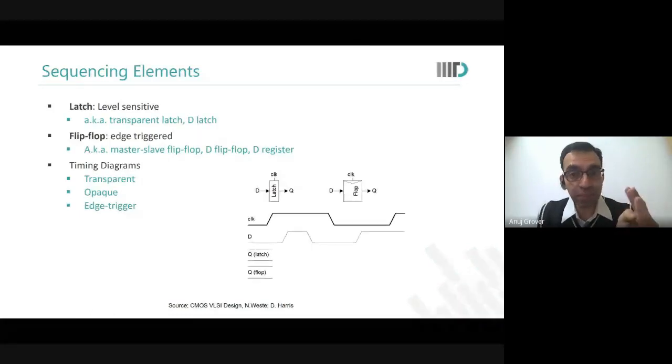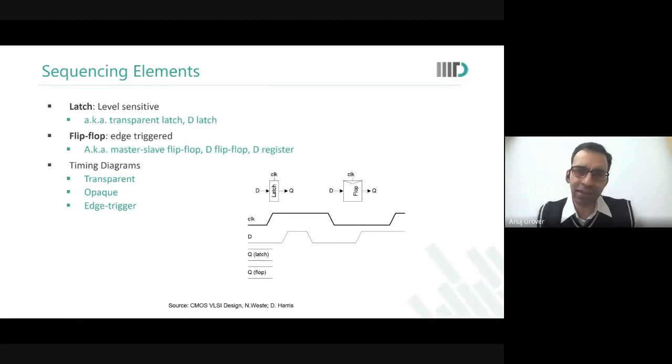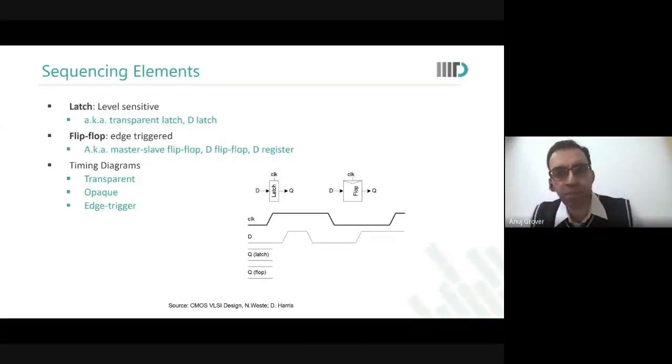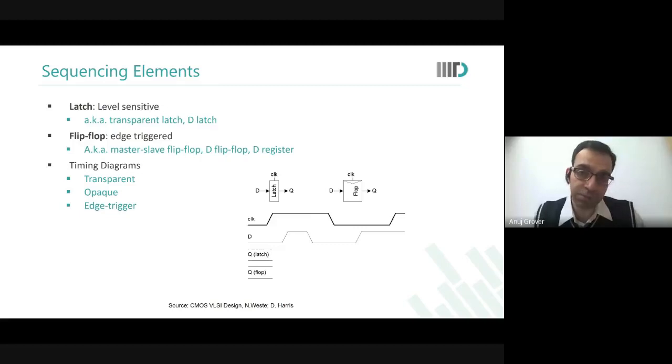Is this clear? This is very important because this is not really clarified in any books, and I've seen students from multiple places getting confused on this aspect. It is not really to the output that we say level triggered or edge triggered. It is actually sampling. When are you sampling the data? In a level triggered latch, you are sampling throughout the entire duration when the clock is at that level. In an edge triggered flop, you're just sampling at the edge when the clock rises or falls, depending on whether it's a positive edge triggered or a negative edge triggered flop.